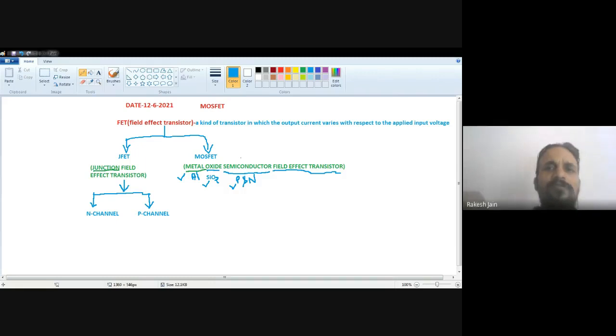But here in the case of field effect transistor, whether it is JFET or in the category of MOSFET, whether N channel or P channel, whatever the type is, if it belongs to the FET family, then the names of those three terminals are drain, source, and gate. So just to see the N channel and P channel terminals: N channel FET and P channel FET. The symbol of N channel FET is this one.